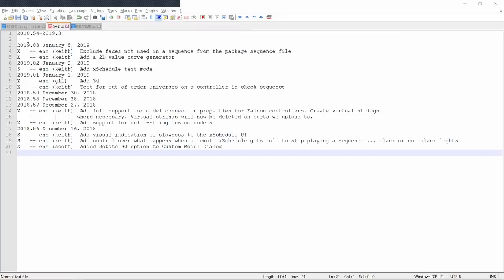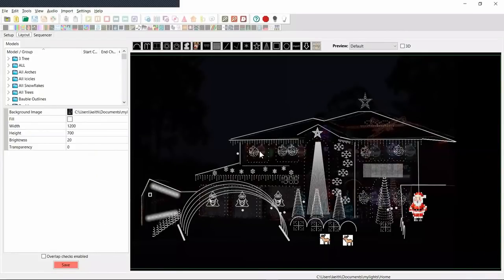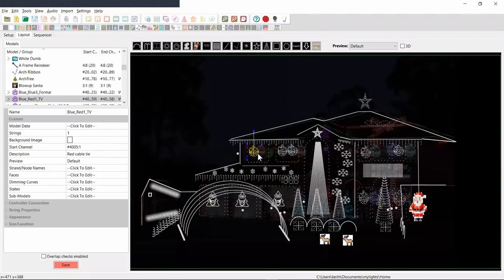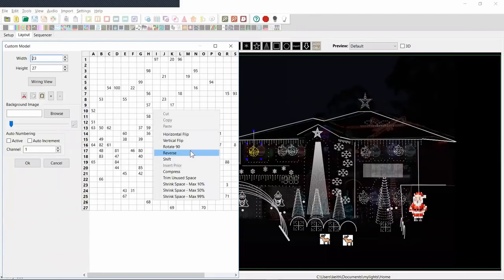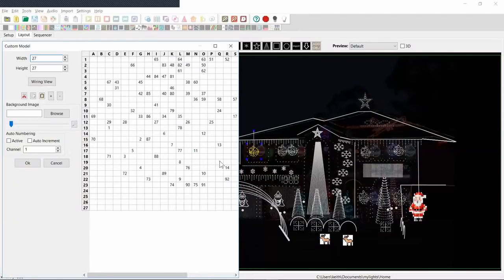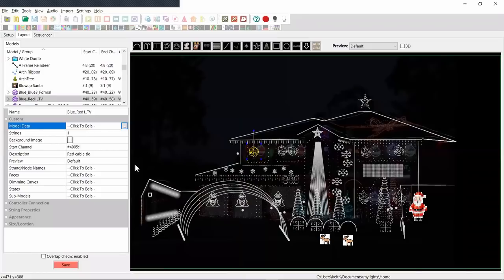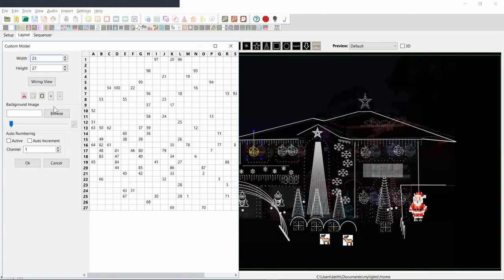So let's start way back with 56, which seems forever ago, back in December. Rotate option for the custom model dialog. So the custom model dialog is when you click on a custom model like my bauble here and you come into here, there's now a rotate 90 here, which will rotate the model around. Now notice that it's actually chopped it off as well because this is not actually 27 by 27. So we probably want to cancel that, go back into our model data and make this 27 by 27